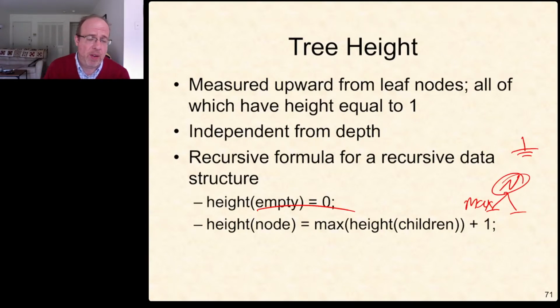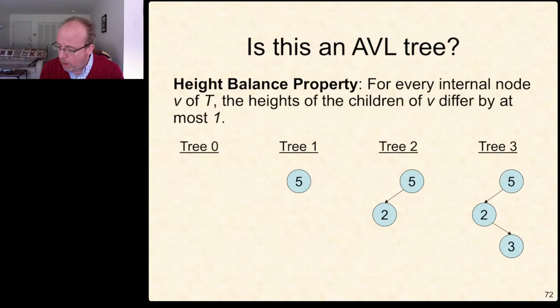Okay, this is something we talked about last week, and this is just a refresher of something that we've seen before. So the idea is that for every internal node of T, so we're going to look at these 4 examples, do the heights of the children differ by at most 1? Well, an empty tree, yeah, there are no children, the height is 0, there are no children to measure. So the empty tree is certainly a balanced AVL tree. If we insert 5,